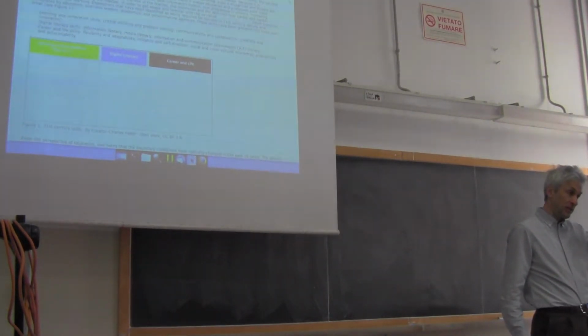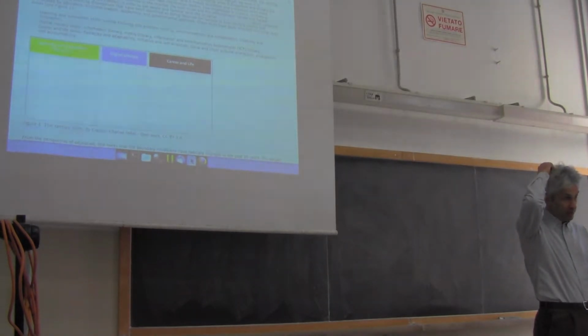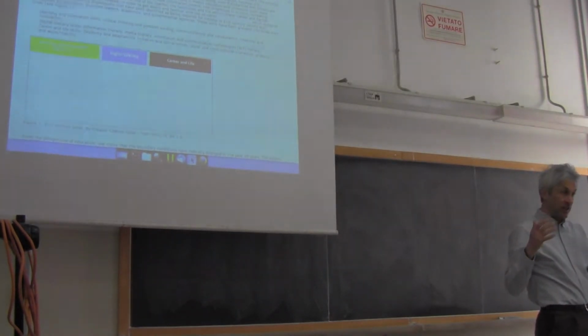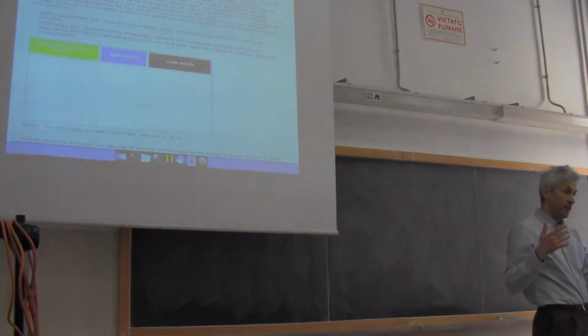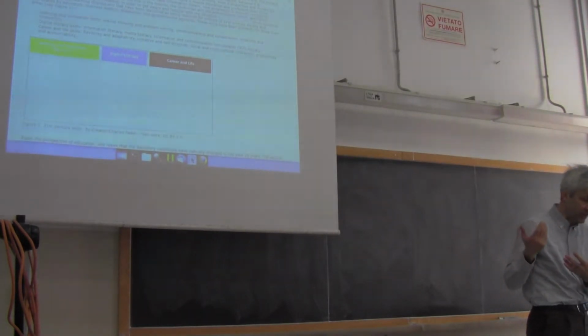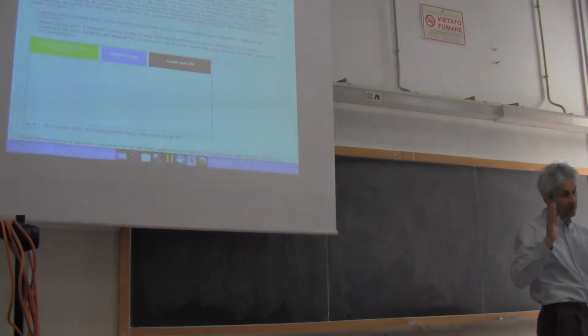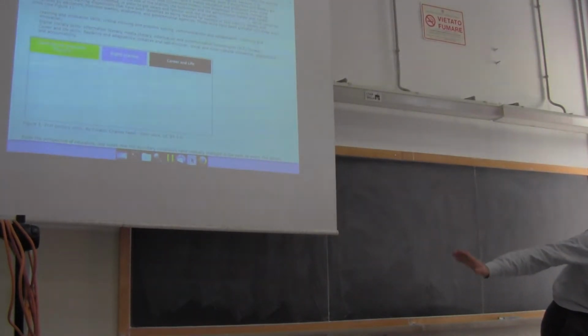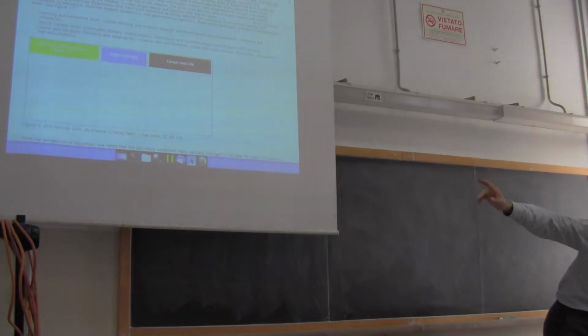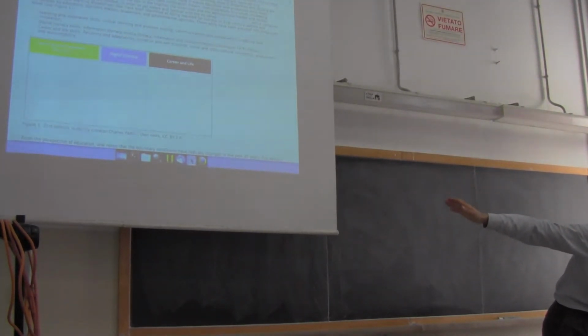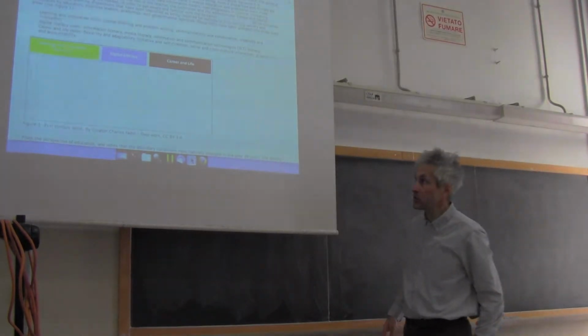And I think this is to be clear to you, because your success in your career will depend on your capability to acquire these skills. And they are divided, as I said, in 3 categories: learning and innovation on the left, digital literacy in the middle, and career and life on the right. And when we talk about